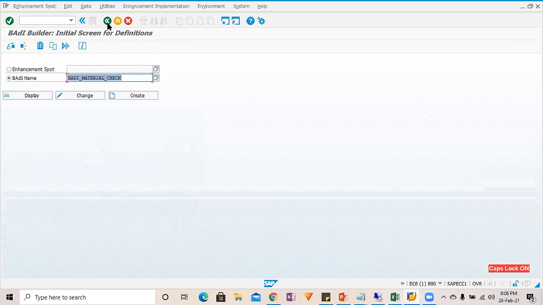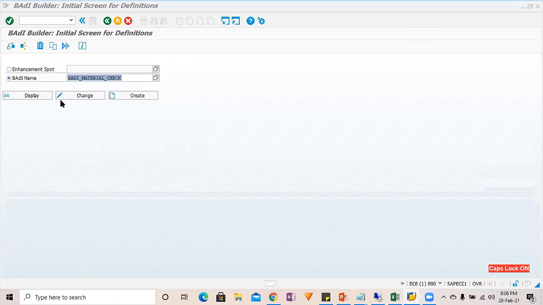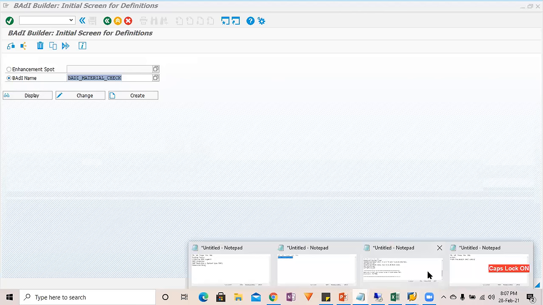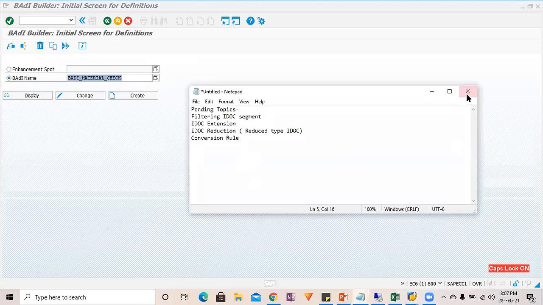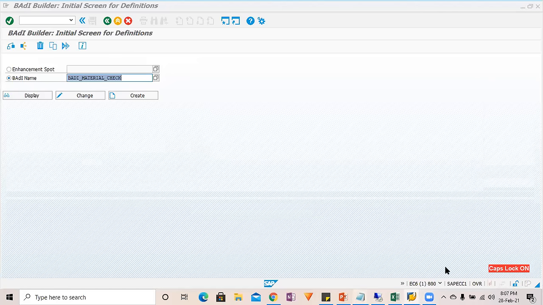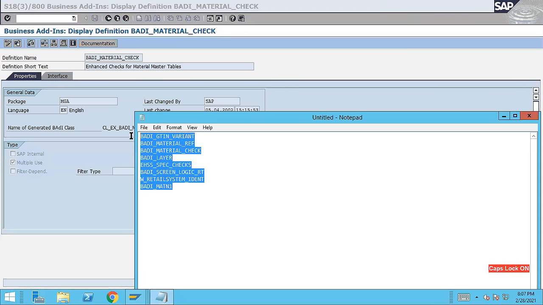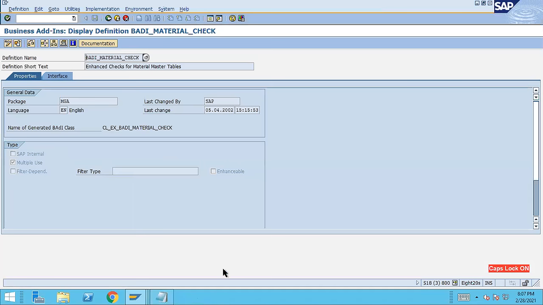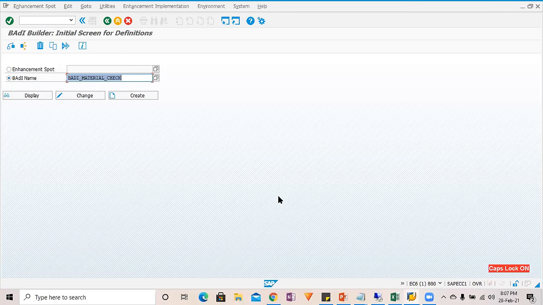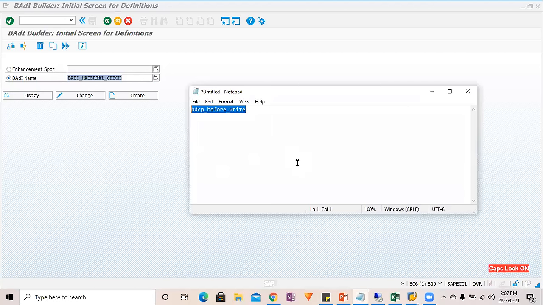So till now, what we understood? Till now we understood we will list down all the body. Just a second. We have written a list of all the body over here. So first thing is that we'll have to identify the list of body we have identified, and we have seen